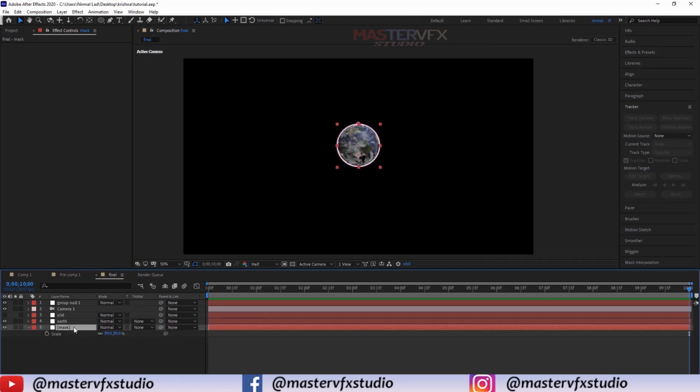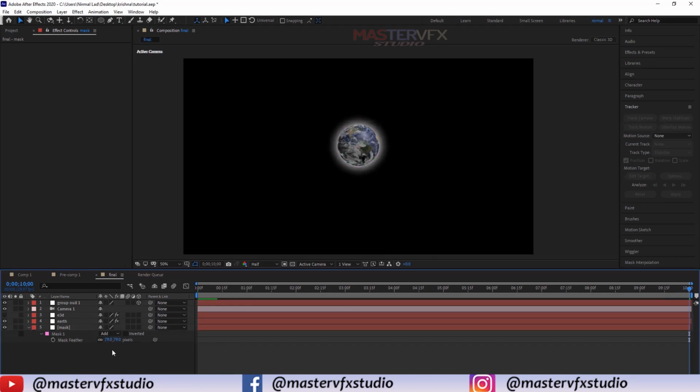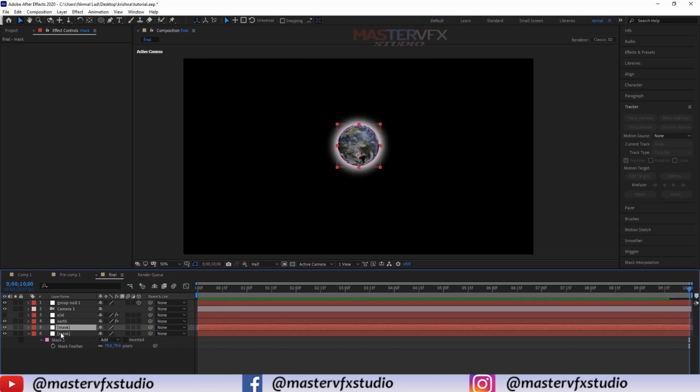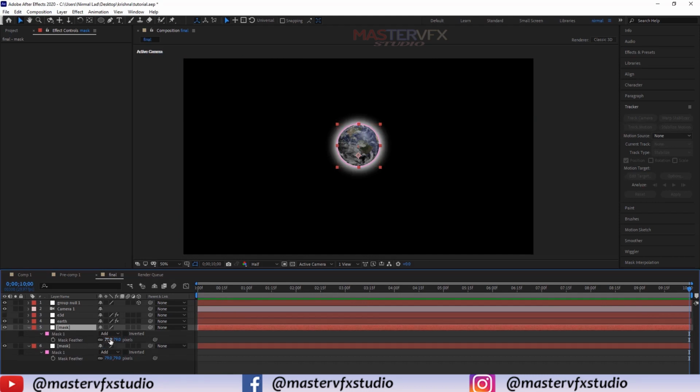Now select this mask layer, press F and feather it, increase the width. I think 50 is good. I think more. Okay, now duplicate this layer, press F and zero the feather.